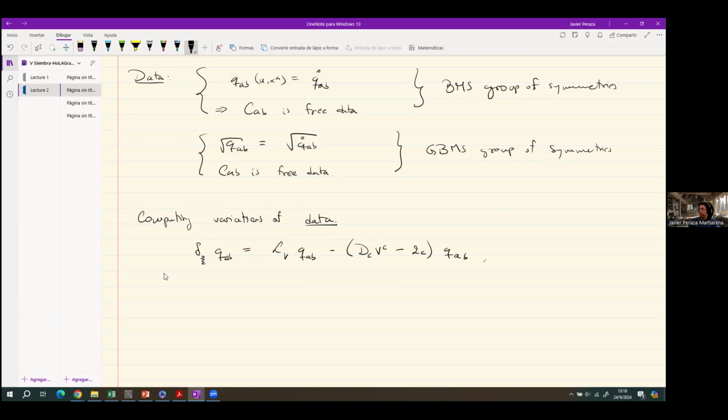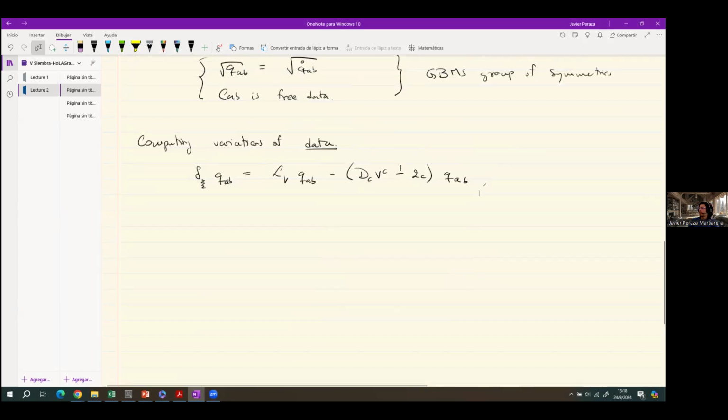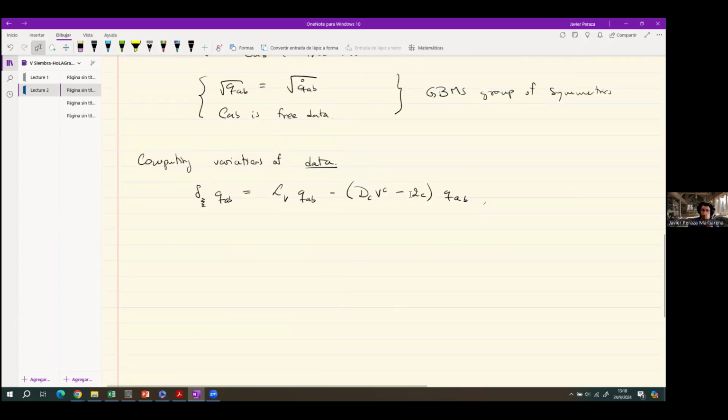And what is B? So B is the guy that is sitting on the transverse directions, and C is some constant which comes from varying the conformal factor. So if we take that we are not varying the conformal factors, so it's just fixing the metric at scribe plus, this guy will be 0. We are not taking it into account, and we will end up with the equation that is just the Lie derivative QAB minus this guy that is here,